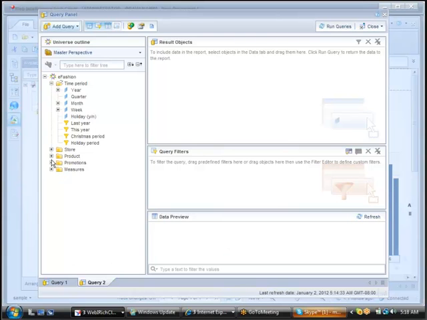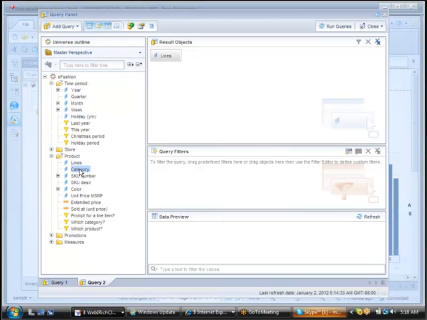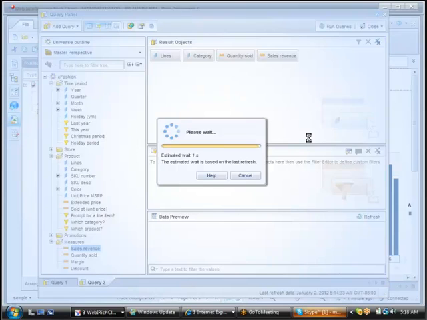Once you click on select, it will display all the available objects in that particular universe, and select your required objects. Now I want to run this part: sales lines, category, quantity sold, sales revenue. Then click on run queries. When you click on run queries,